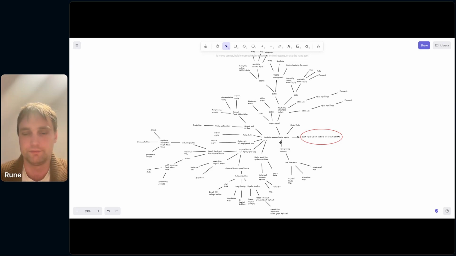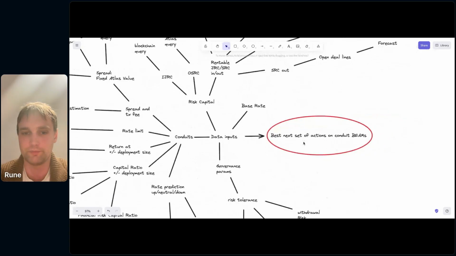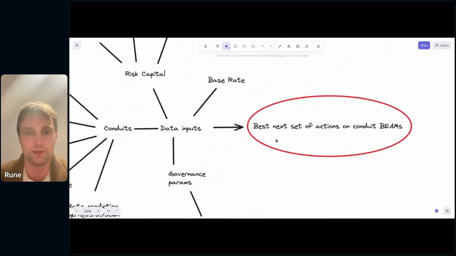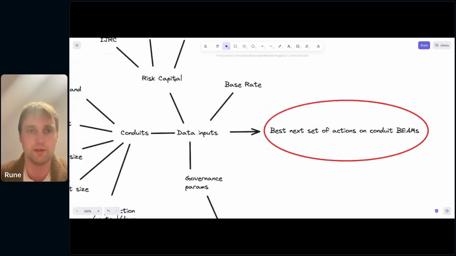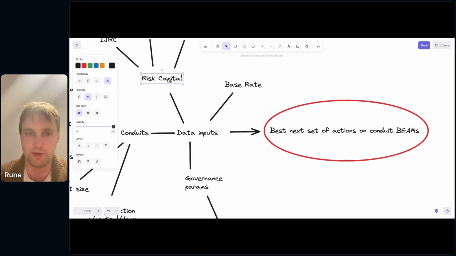And yeah, I can just go through it very quickly. But I want to start with the really cool part, which is right here in the middle of it. Everything basically is you have a bunch of data that includes things like the base rate, but it's also how much risk capital you have available. This is the question of how much leverage you get, because the risk capital is your own money, and then the question is, beyond your own money that you're putting on the table, how much extra can you borrow from Sky at the base rate, which is